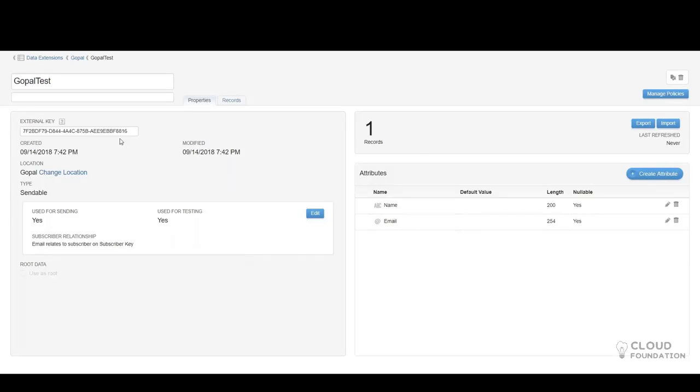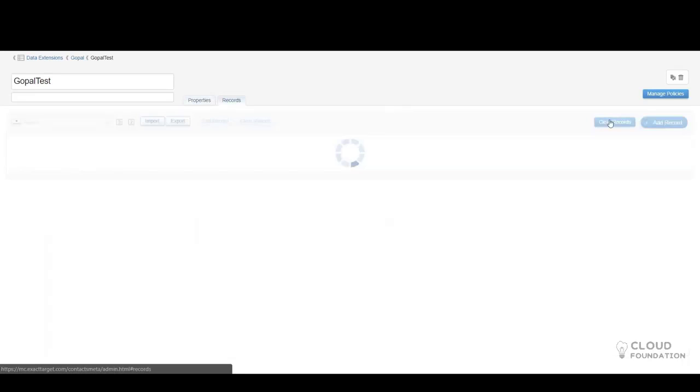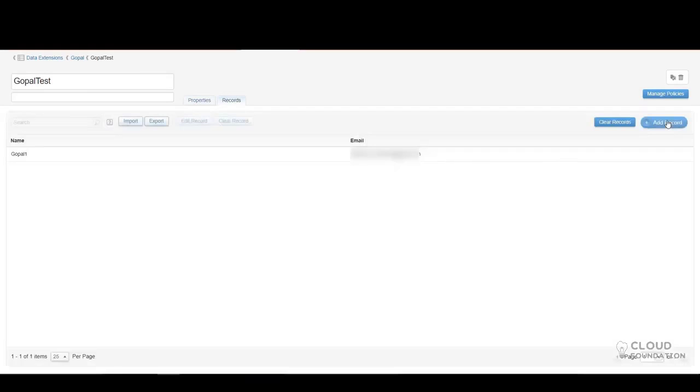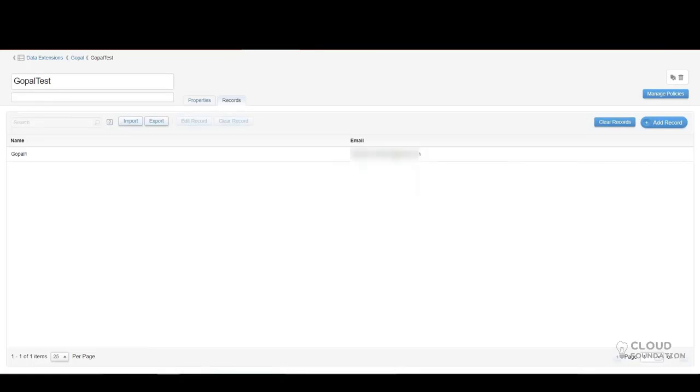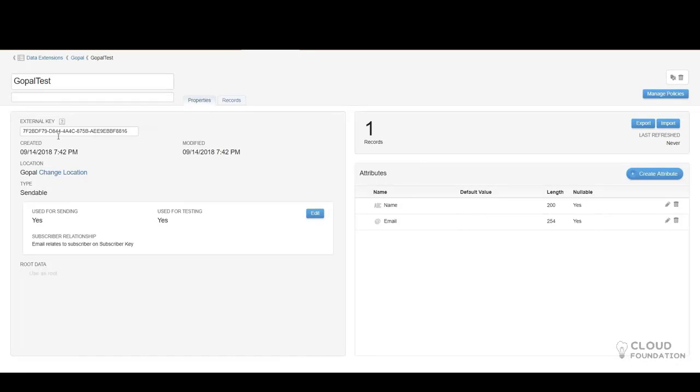You can load the data in these data extensions, and you have an import export, and if you want to directly add a record, you can just click on add record and add the stuff here. You can use this external key to dump the data through an API. So just think of it as an object in Salesforce, and we can have any number of attributes.